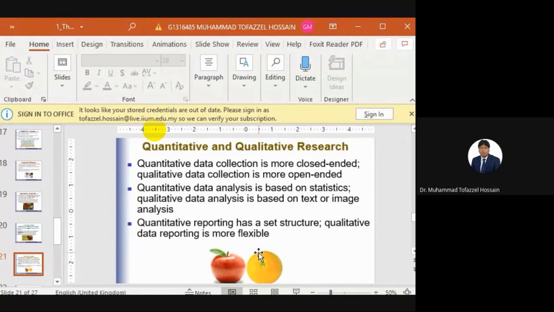It may be a mixed one also. Either it may be quantitative: out of 10 options, you can choose any one, or all the areas are given and you tick the areas related to the problems you faced, like a tick mark. So that may be quantitative. For the qualitative, write down what problems you faced in your